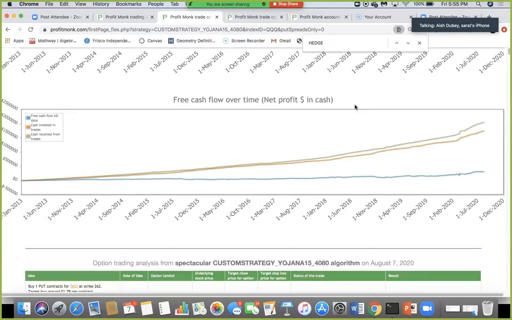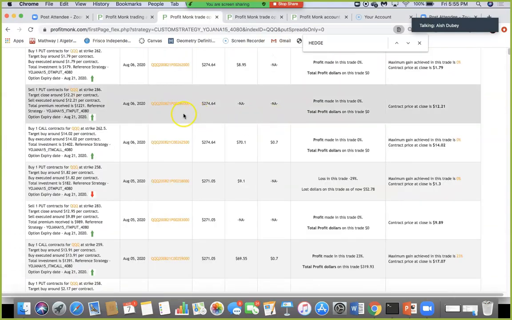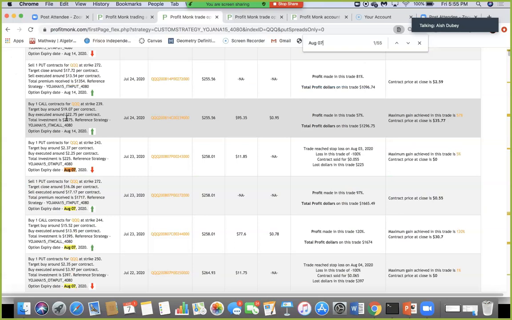So for example, I did close some trades which had expiry date August 7. Today is August 7, right? So let's search for some trades that would have happened. So yeah, these are the trades that I closed today. And why do I have to close it? I think in this case it worked pretty well because this is the contract that I sold back on July 23rd, and I sold it at 272. The market ended up close to 272, so it's not a problem.